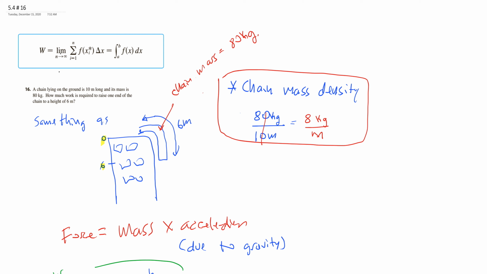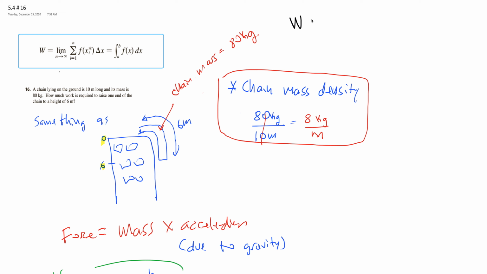Okay, we're going to talk about 5.4, number 16. Before that, we're going to talk about these work problems in general. They give you this formula, and they say that work is equal to force times displacement. But this formula itself is extremely deceiving. A better formula to think about is